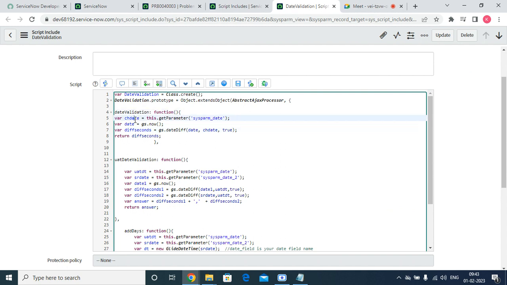I'm just writing and defining a variable called ch data, which is equal to this.getParameter, and sysparm_date, which will fetch the information from the user and will be used for the same thing here. Now, what happens here is, whenever this is implemented,